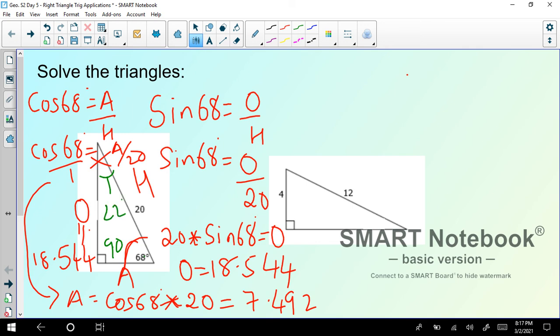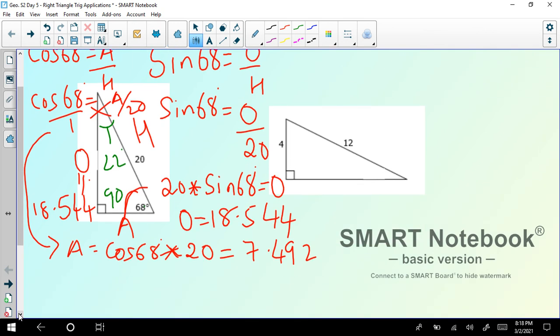Okay, now let's try out the last problem over here. In this particular triangle, we need to find this particular side. So this side is going to be the square root of the hypotenuse square minus the other leg square using the Pythagorean theorem. So I'll have 12 square minus 4 square, which is nothing but 128. And once I take a square root of 128, I get 11.314. So this side is 11.314.